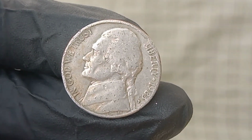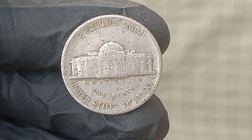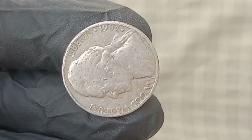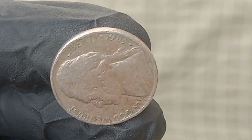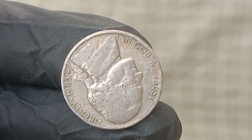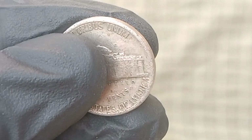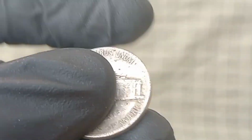And what makes the 1983 nickel even more extraordinary is not just the occurrence of these errors independently, but rather the possibility of multiple rare errors occurring on a single specimen, creating a kind of super error coin that instantly multiplies its collector value due to rarity and demand, especially because nickels generally aren't closely examined compared to quarters, half dollars, or cents, making it highly likely that most of these unique examples have already slipped through the hands of unsuspecting individuals over the past 4 decades, now hiding in collections or still sitting